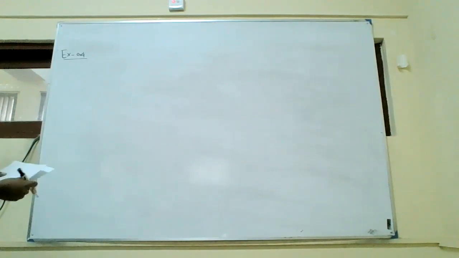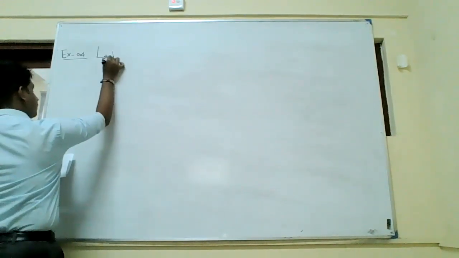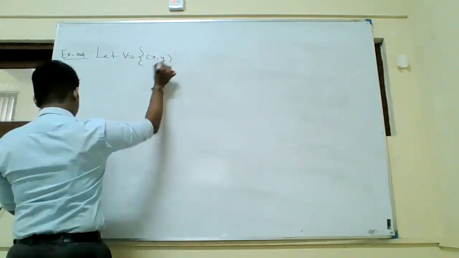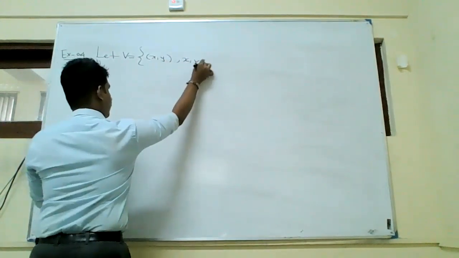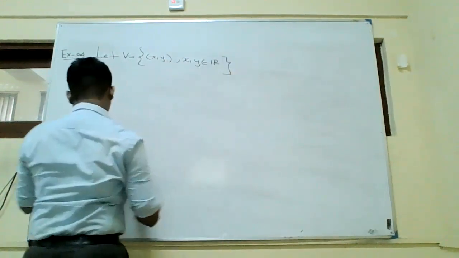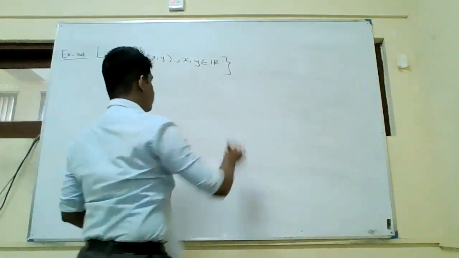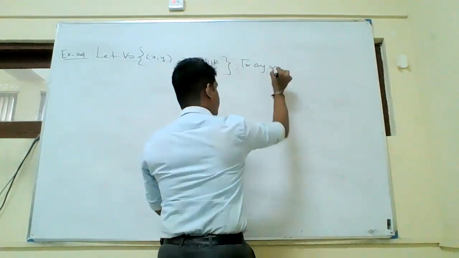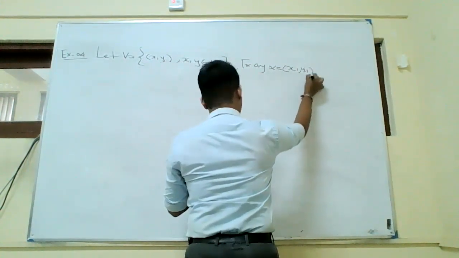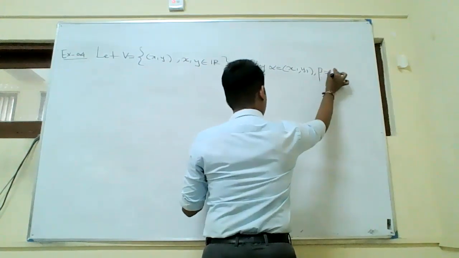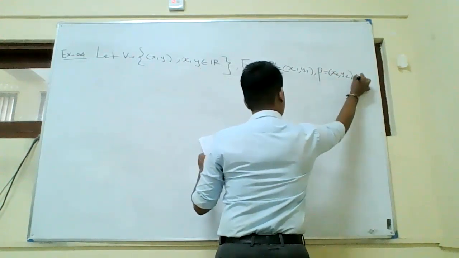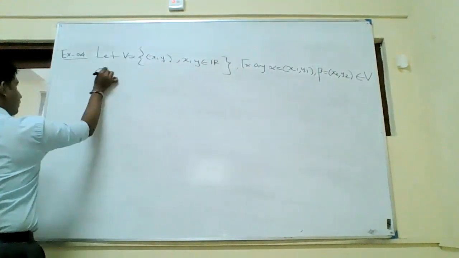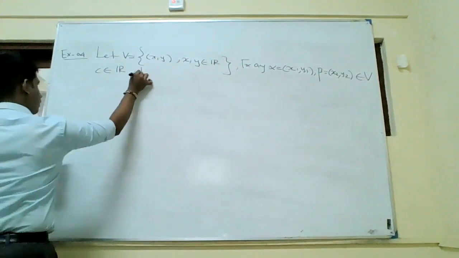Next exercise. Let B be the set of vectors of the form (x, y), where x, y belong to the real numbers. For any alpha and beta of the form in B, and c a scalar belonging to R, define